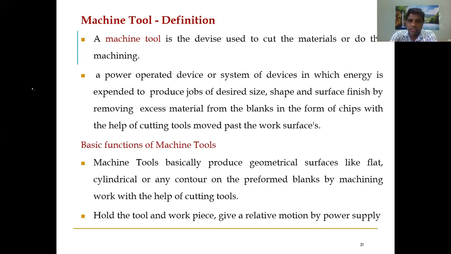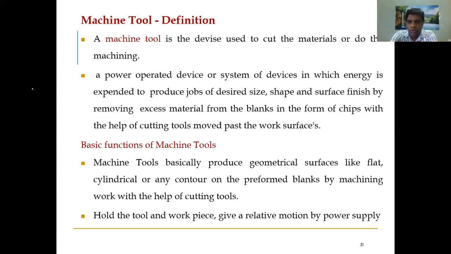The basic function of a machine tool is to produce geometrical surfaces, like a flat surface or a cylindrical surface, or any kind of uneven surface, or any kind of contours, whether elliptical, parabolic or hyperbolic, whatever the different shapes or geometries are. All kinds of geometries can be produced by this machine.